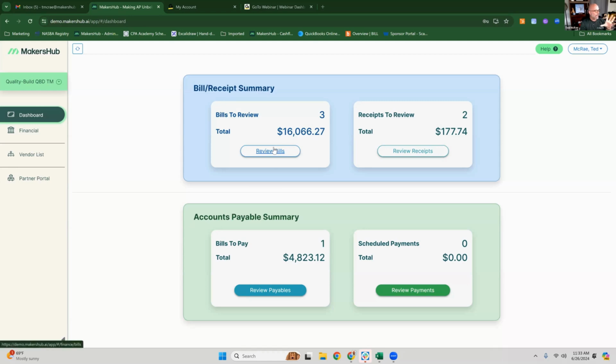So I have a few examples. This is the Makers Hub dashboard. And I'm going to first tell you why OCR has in the past been lackluster. It's because the technology that is used is extremely out of date. And if you think about all the new technology released just in the last 5 years, especially around AI and large language models and being able to tell what data you're extracting,